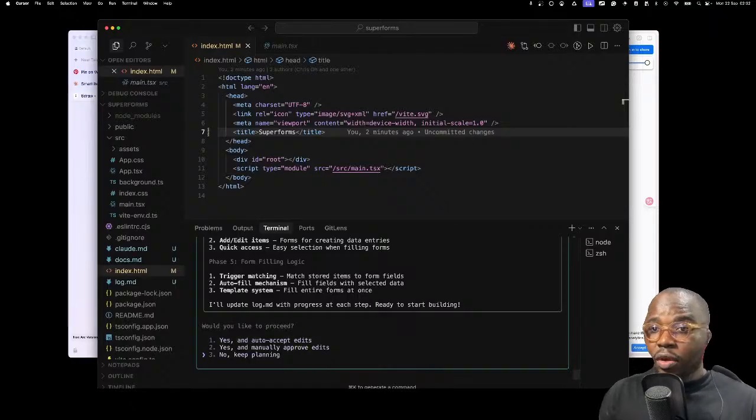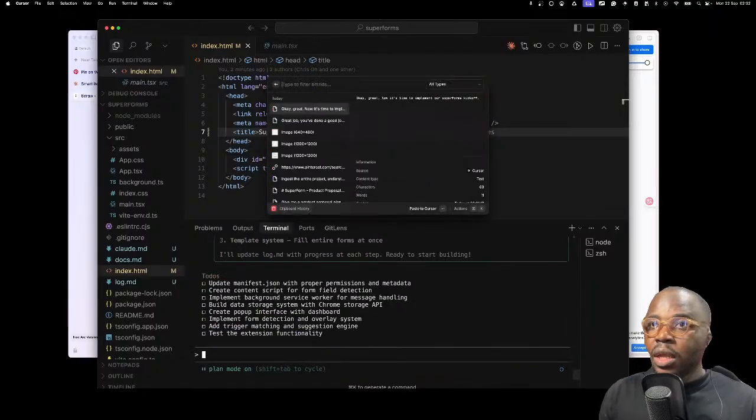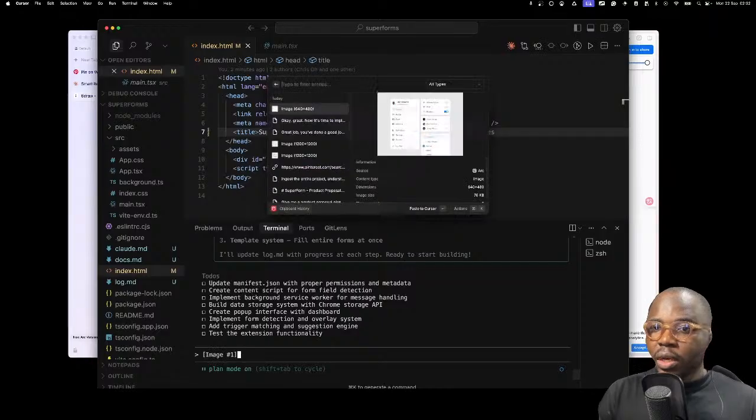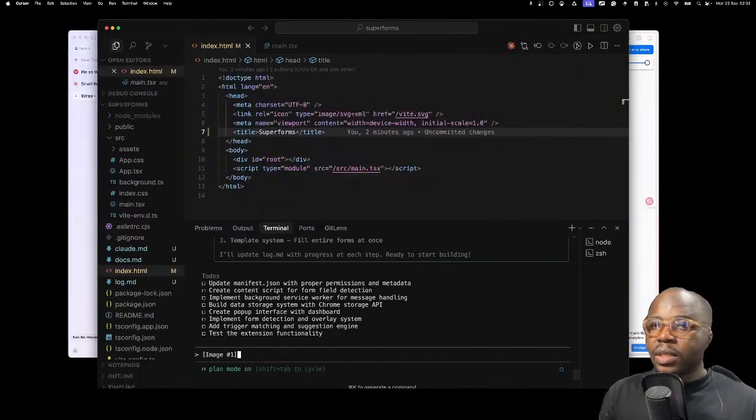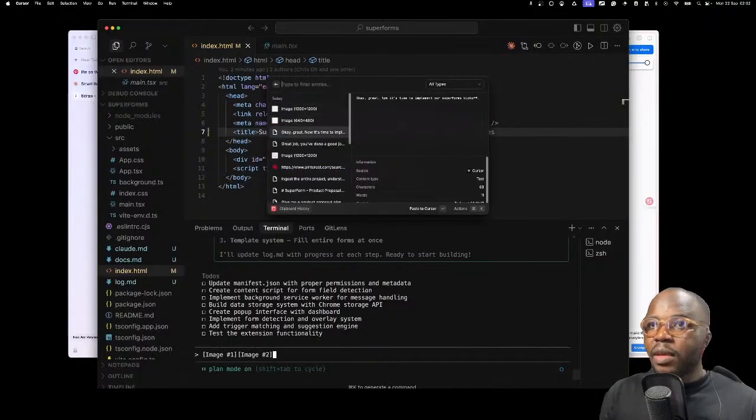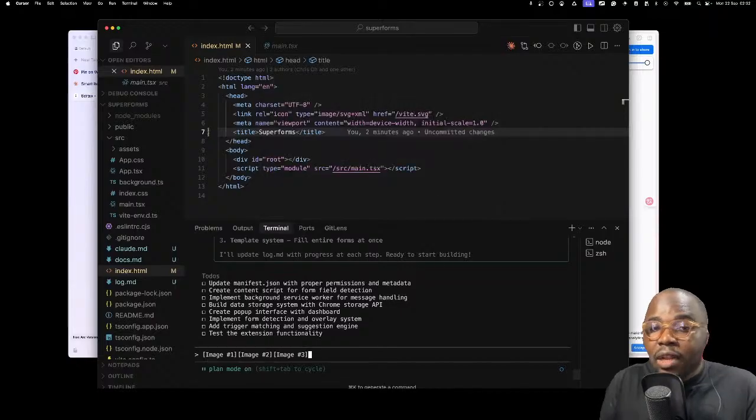So before it starts, let me plug in all the UI. When I copy the UI, I can actually paste it here. I love Claude Code, it allows me to do that. UI style reference, mode and inspiration.